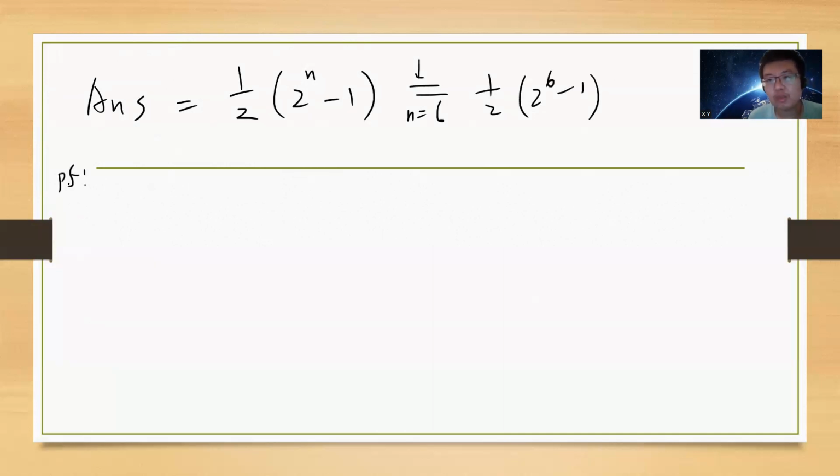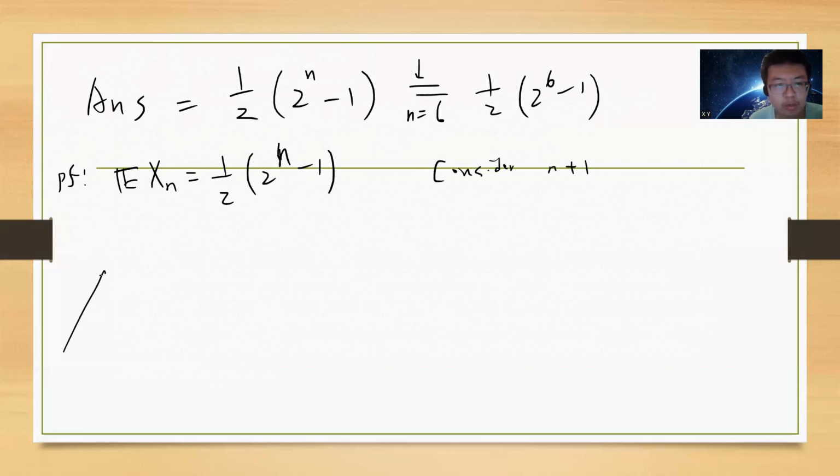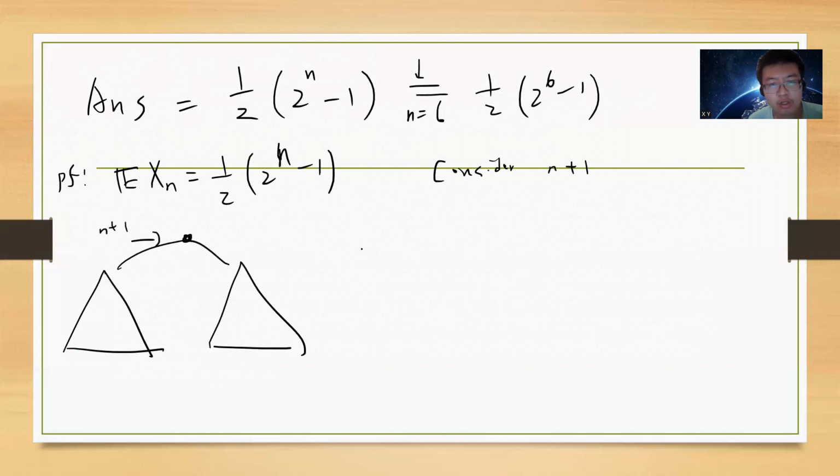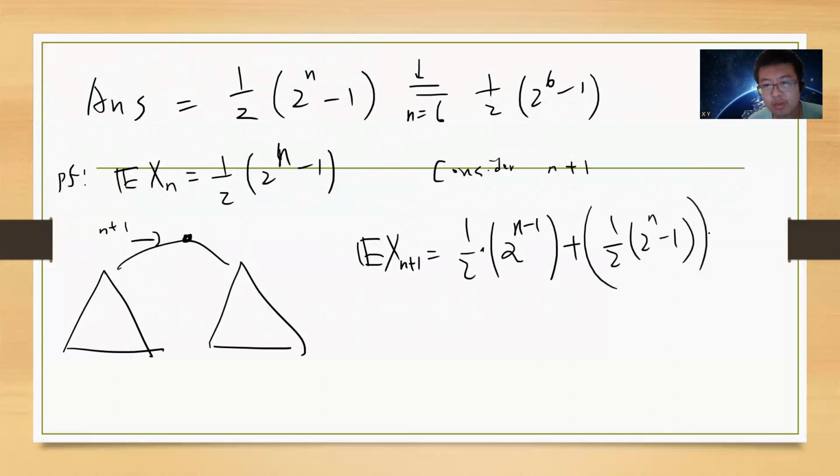Okay, so proof, very trivial. So that's by mathematical induction. So my induction is the answer for n people. Let's say x of n will be this, 2 to the n minus 1. Now I can consider the n plus 1 case. Sorry, so for the n plus 1 case, I will get a tree, and then the final one. Okay, so this guy is n plus 1. Okay, so my expectation value for x of n plus 1 will be half of 2 to the n minus 1, right? Because highest point plus half of 2 to the n minus 1 times 2. If I can show these guys the same as this answer for n plus 1, then I prove the results, right? But this is very trivial.